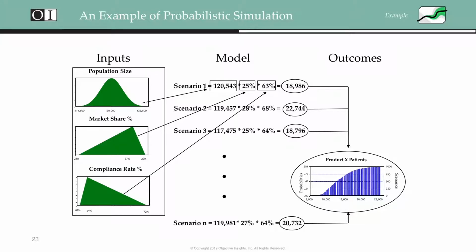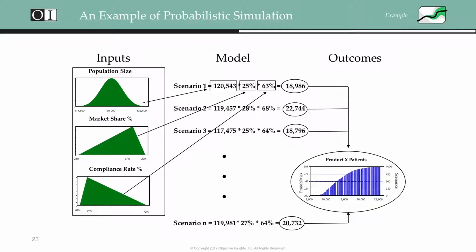And then we do that again. So we sample population, get 119,457. We sample market share, get 28%, compliance 68%. We end up with the answer of 22,744, and we save that. Then we do it again. We get the answer of 18,796. We do it again and again and again. We do it maybe 1,000 times. And our last case, we get the answer of